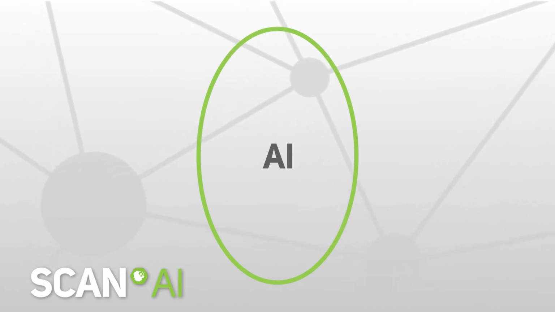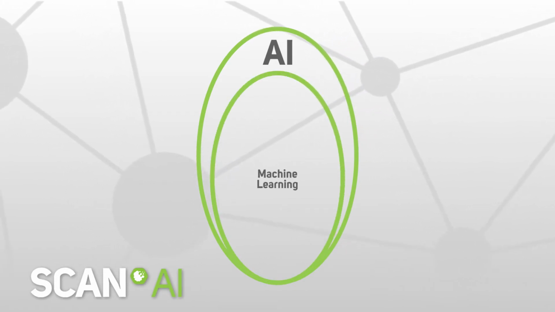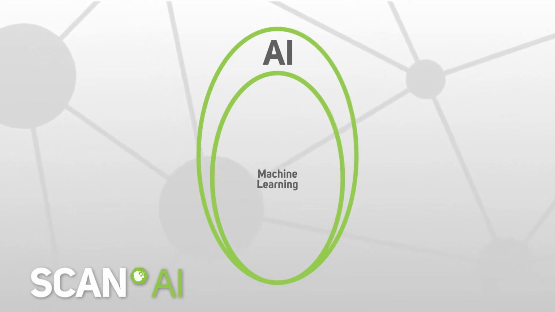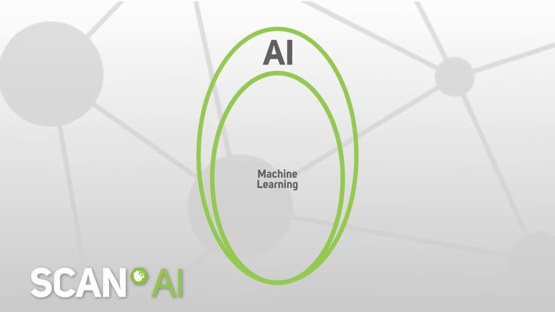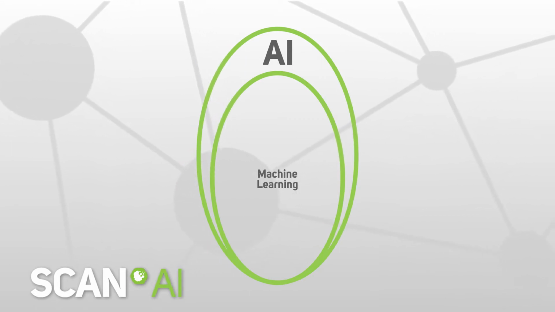It's broken down into 2 further subsets. Firstly, machine learning, where the goal is to create a simulation of human learning so that an application can adapt to uncertain or unexpected conditions. To perform this task, machine learning relies on algorithms to analyze huge data sets and perform predictive analytics far faster